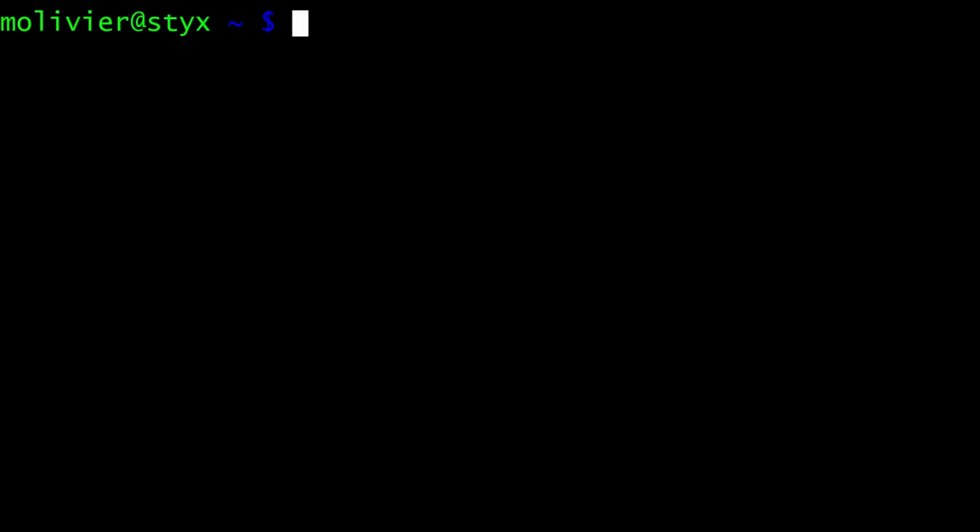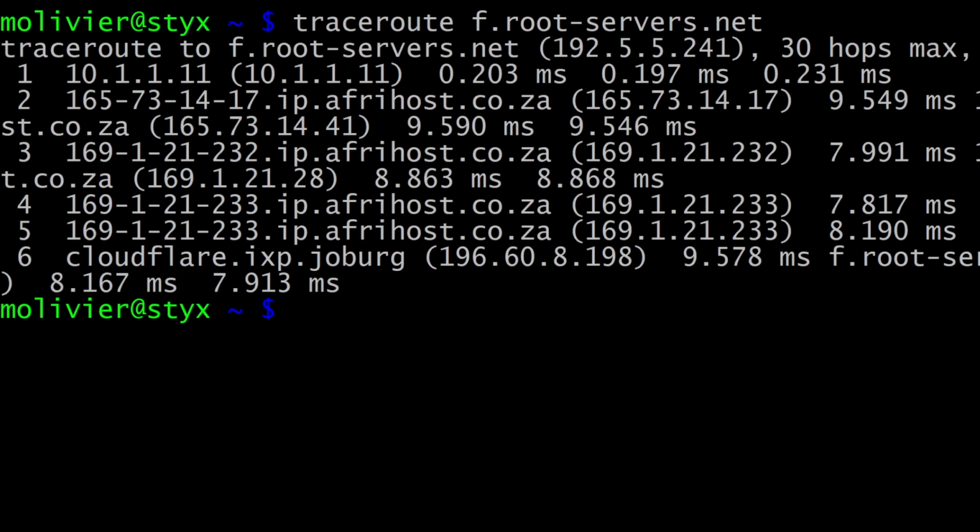Let us use our current knowledge to learn something about network routing, where the network routing has been, in a sense, broken purposefully. So here I'm connected to a Linux machine, and I am going to ask it to trace the route to frootservers.net. You will see that the output that we get is very similar, but it is formatted entirely differently. And wow, that was a quick response.